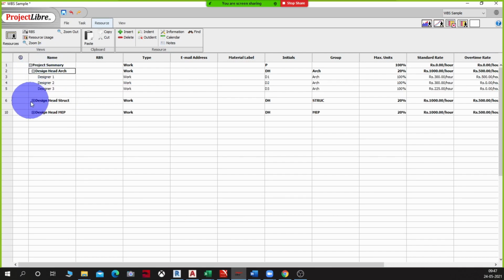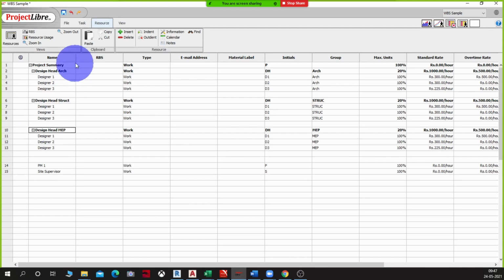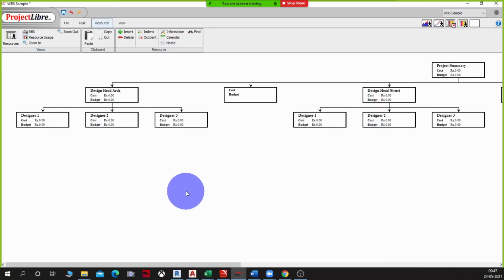Okay, so now let me create a drop down for all of them and see how my RBS looks. So here I'm telling that I have three designers whose cost is rolling into the design head of architecture, which is then rolling into the project summary.